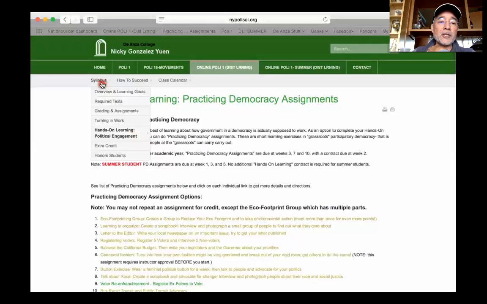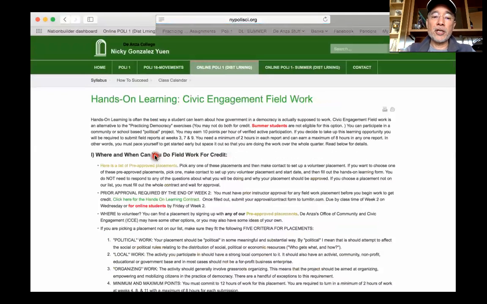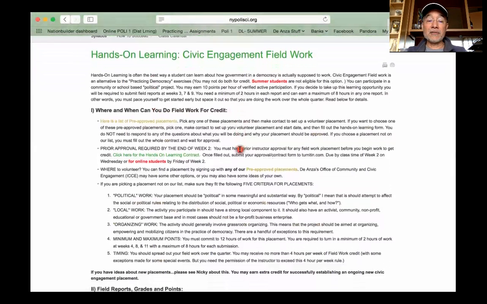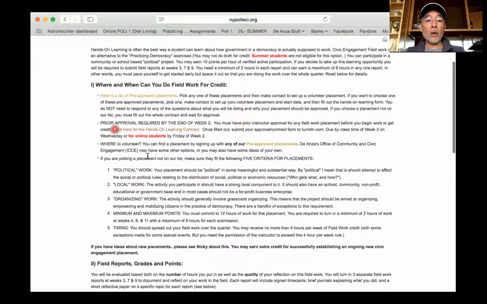Your alternative to the practicing democracy assignments for hands-on learning is what we call civic engagement fieldwork, and that's a placement in a community or campus-based political organization where you can get involved in campaigns and really learn from people who are doing it how to be civically active and gain your skills. So there's a description of where and what,